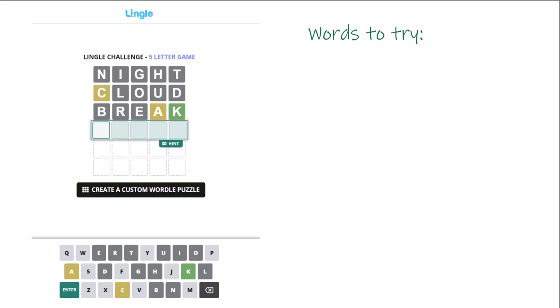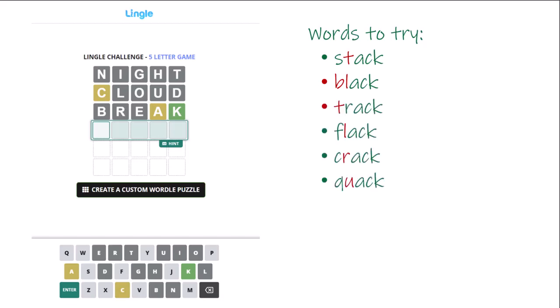So then you start to think about, hey, what words can we possibly try? I could try stack, but that's not going to work because of the T, right? Black is not going to work. 2 of those letters are not working, but your brain is thinking, hey, all these things rhyme together. What other possibilities could I have here? And you get a whole bunch of them that just don't work, right?